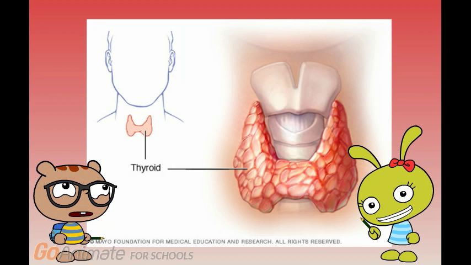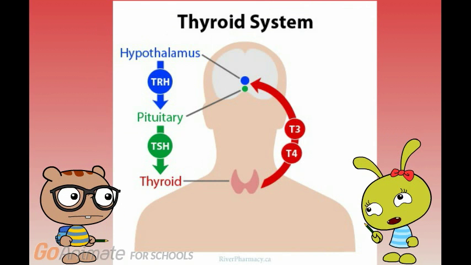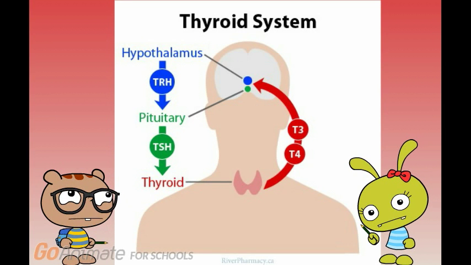The thyroid gland is an endocrine gland, located in the middle of the lower neck. It is shaped like a butterfly, as you can see here in the picture. It releases thyroid hormones that regulate the body's physiological functions, such as triiodothyronine, known as T3, and thyroxine, known as T4. T3 and T4 are regulated by another hormone released from the pituitary gland called thyroid-stimulating hormone, TSH, which is regulated by thyrotropin-releasing hormone, TRH.